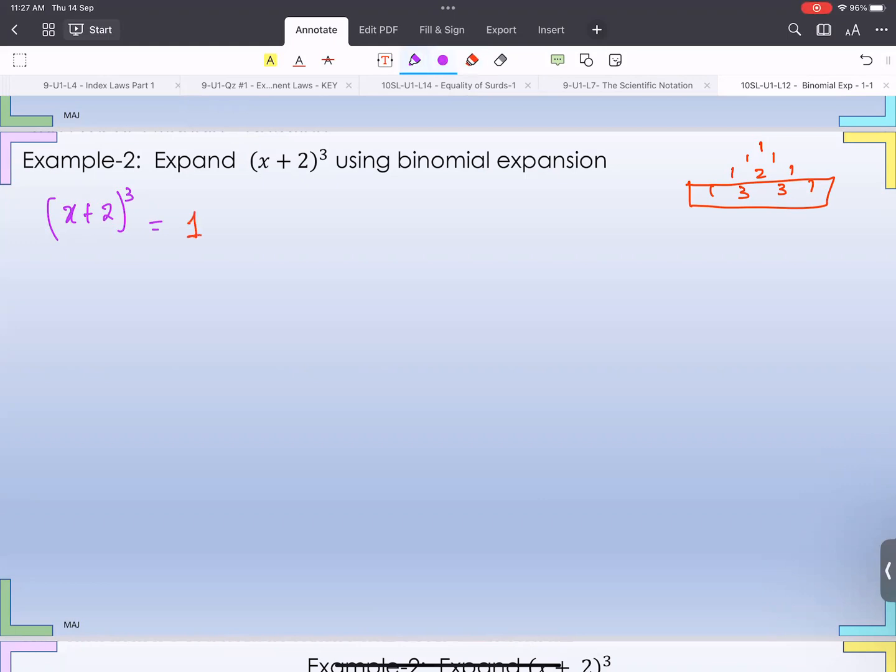Okay, equals. The first coefficient comes from 1. A value is x to the power of 3, and then 2 to the power of 0. Okay, so these are all multiplying each other. And then the next term, plus 3 x to the power of 2, 2 to the power of 1, plus the next term. So you separate each term by a plus sign, plus 3 times x to the power of 1 multiplied by 2 to the power of 2, plus